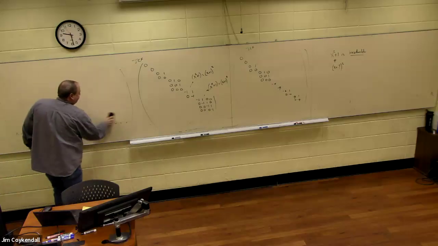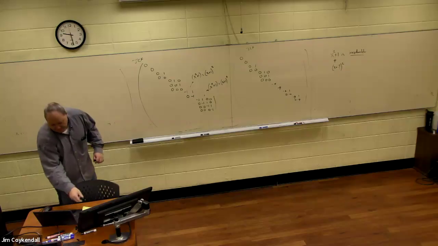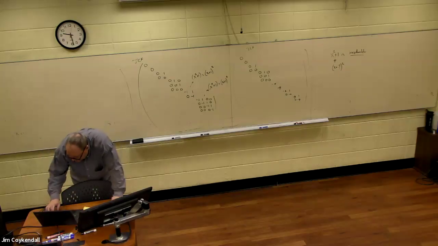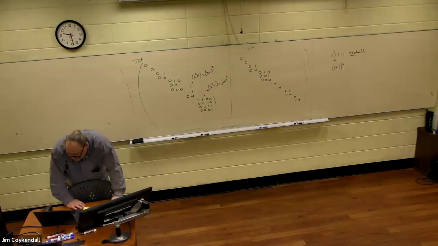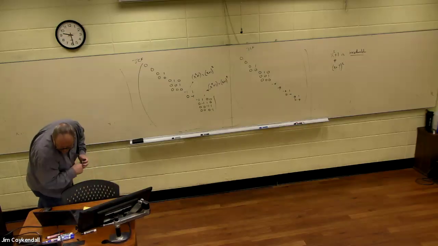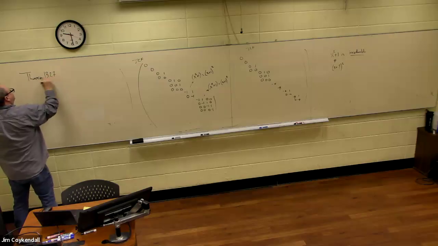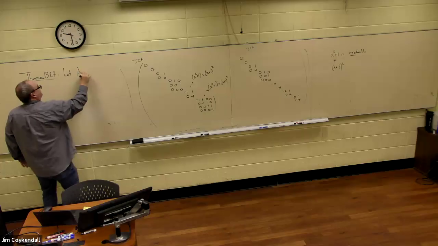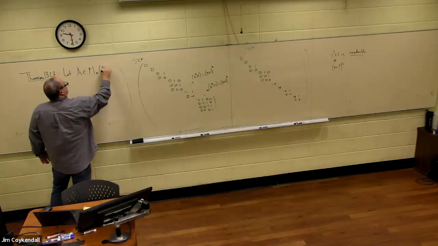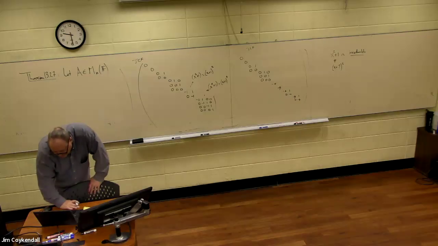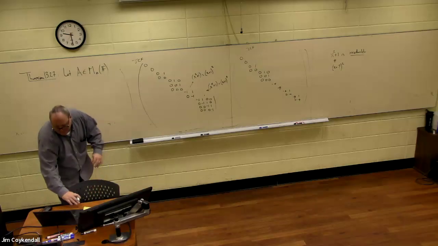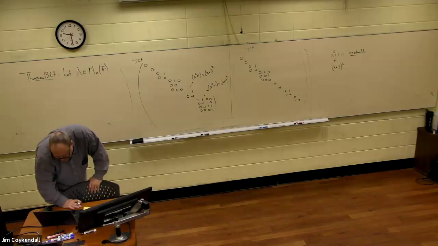So let me give you a theorem here. So suppose, and this is key to answer the invariant factor thing, let A be an n by n matrix over some field F. Then the matrix of polynomials,